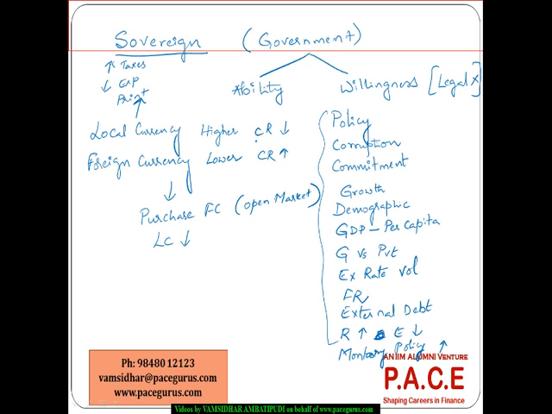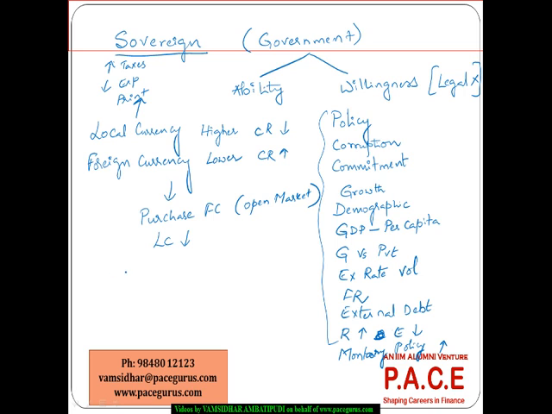So the local currency's value is getting more and more depreciated relative to the foreign currency, which will create the risk and which could trigger the default in the foreign currency market. So that is where we see that the foreign currency ratings are traditionally lower compared to the local currency rating,